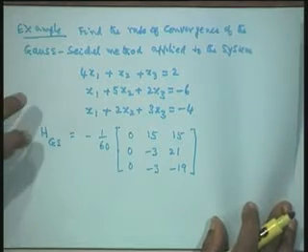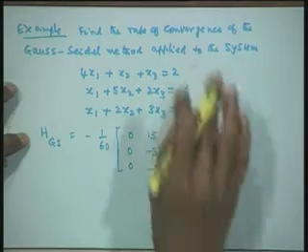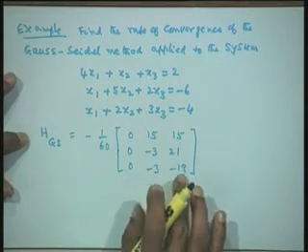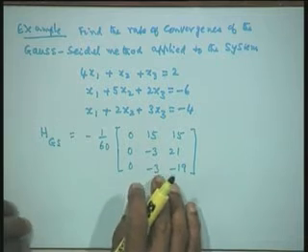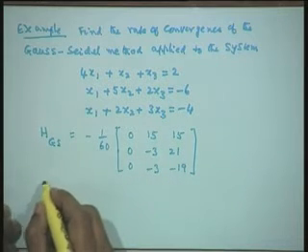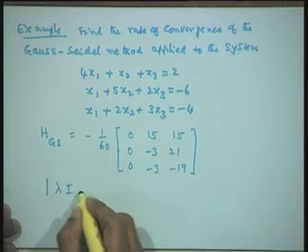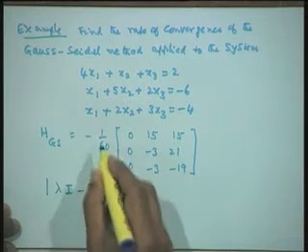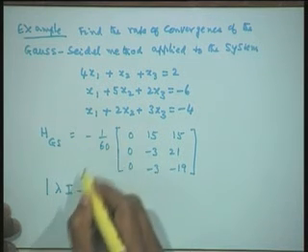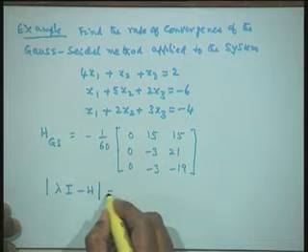Now, once I find the iteration matrix, for finding the rate of convergence I want the largest eigenvalue of this matrix. So, let us form the eigenvalue equation for this matrix. Therefore, we can write lambda I minus H, or H minus lambda I. I will use lambda I minus H because there is always a minus sign, so I can absorb that minus sign over here.